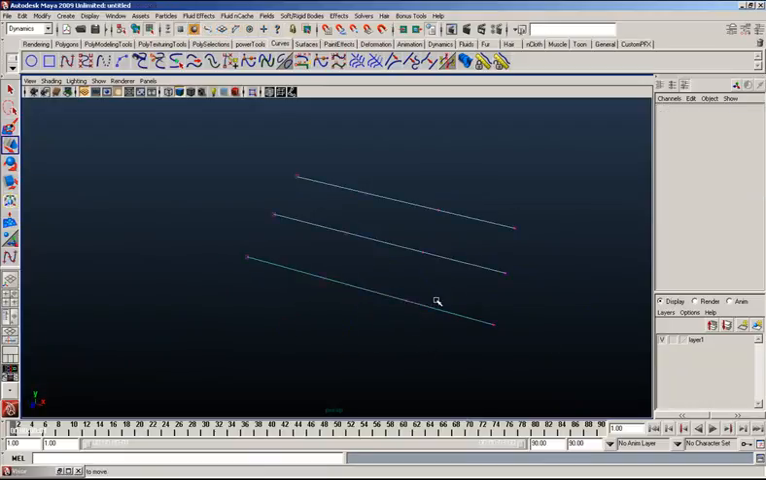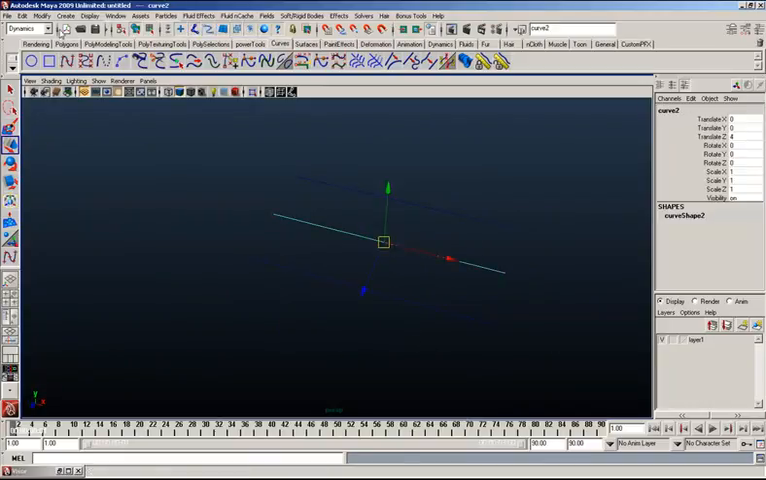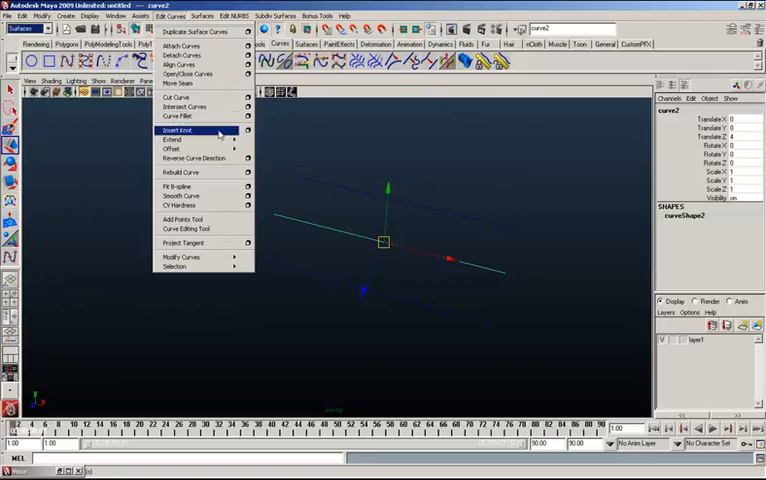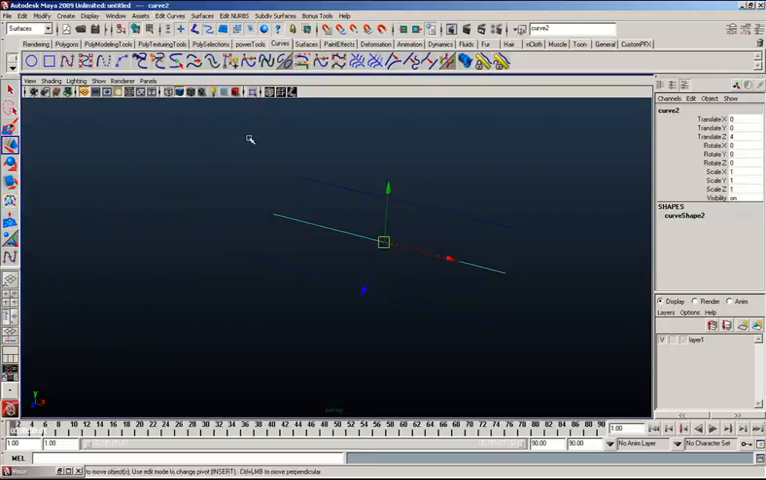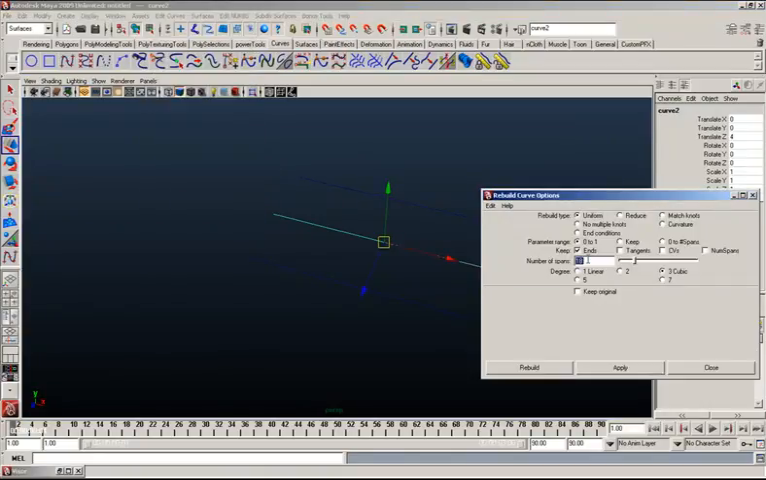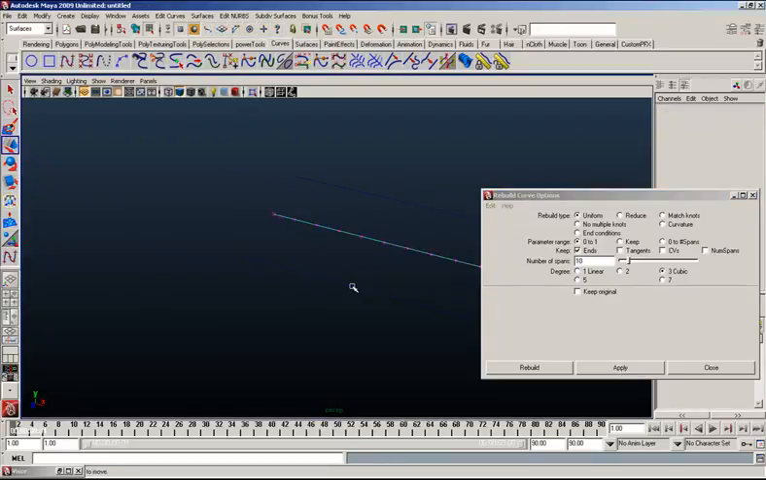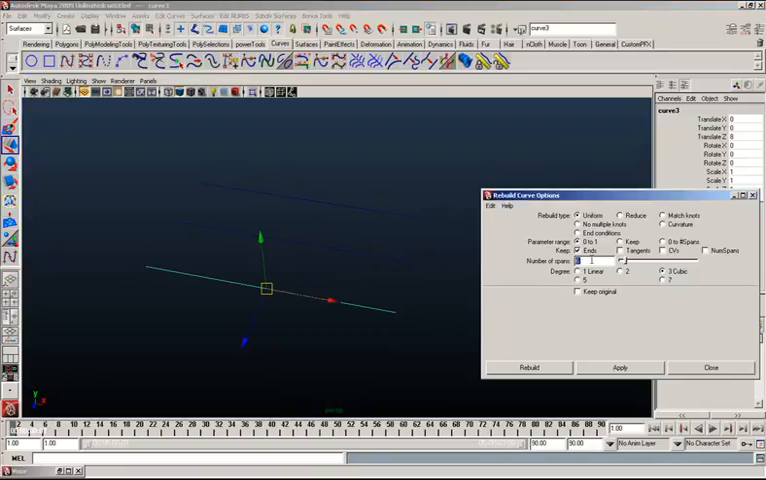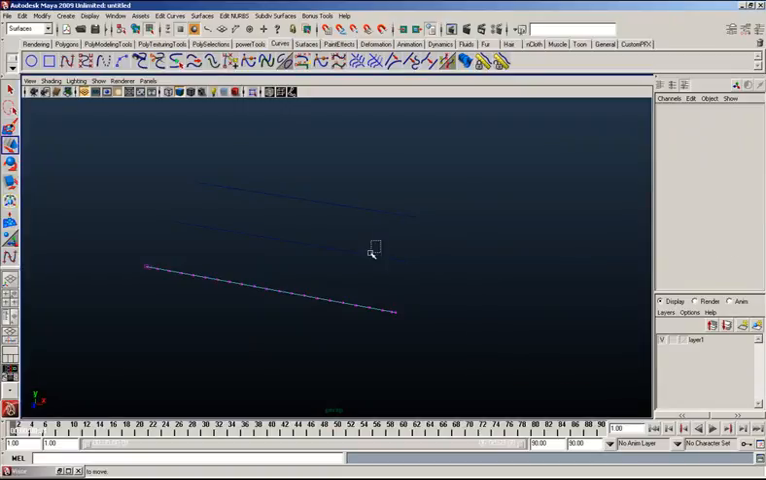But the difference between all three is going to be the following. This guy, under curves, rebuild curve, oops, edit curves, rebuild curve. So I'm going to give this guy, say 6. Apply. So it looks like that. And this guy, I'm going to tell it to have 20. Apply. Okay, so as you can see,